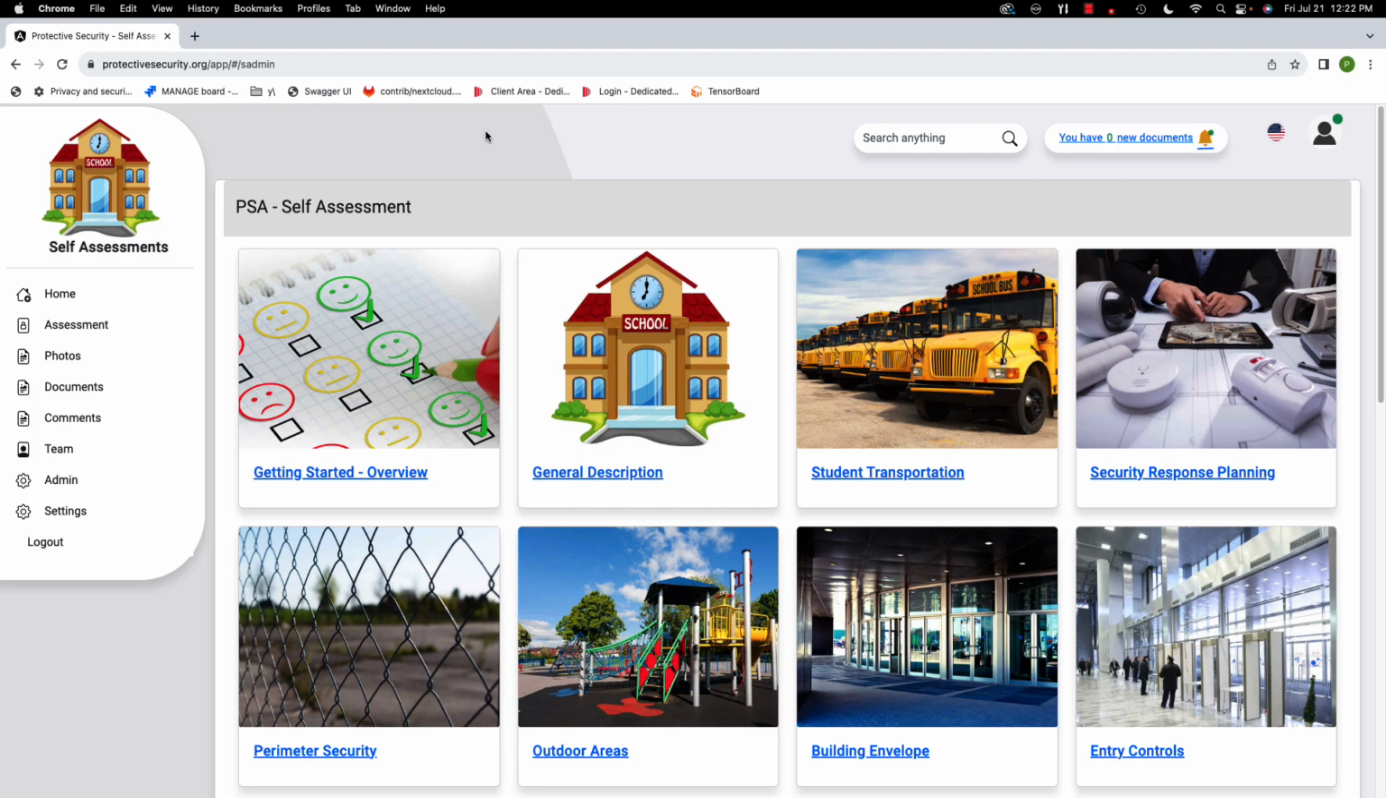Hey everyone, so in this video we're going to go through the student transportation section. And this is the first of our general sections, and most of these sections all kind of work alike. So I will go through in every section the basics of doing one of these sections. But, you know, in the